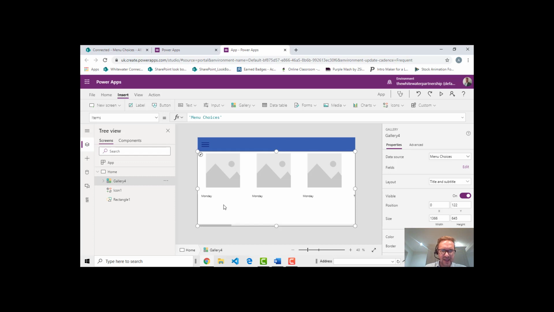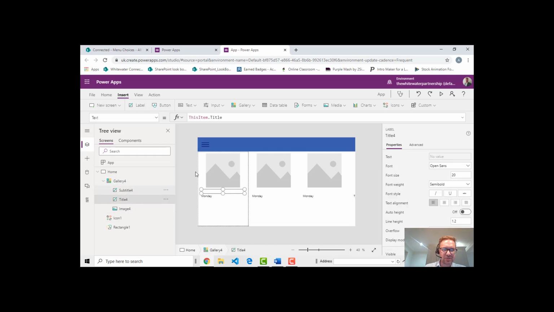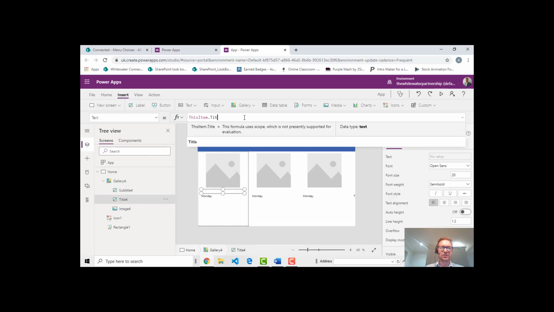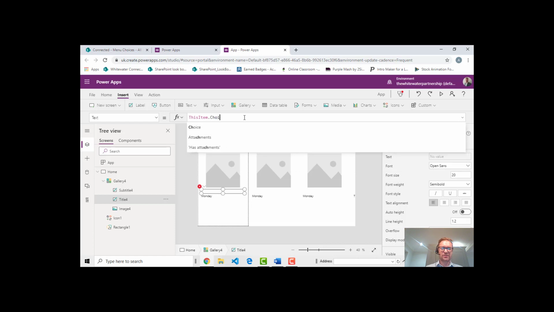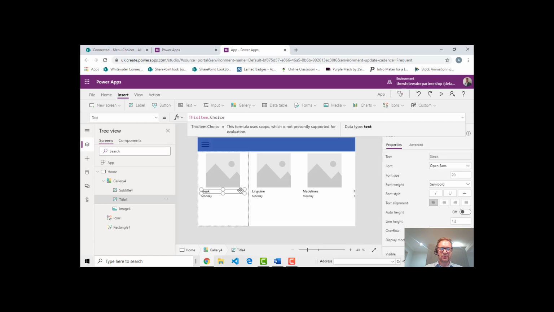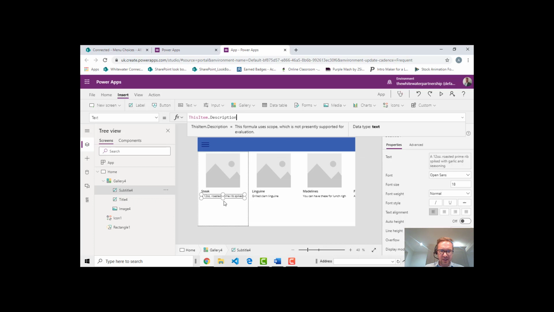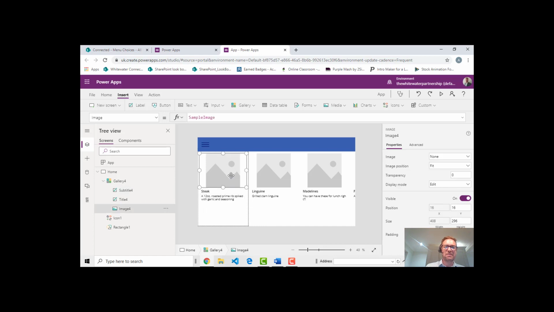Drag that out. And you can see if I expand gallery here, we've got a few fields already. We've got title, which we're not using, so let's change that to choice. See, it pops up automatically. And then we don't want Monday, so let's change that to our description. And then drag that a bit bigger, that box, so we've got plenty of room for description. And image, this is the fun bit, we need to do a lookup